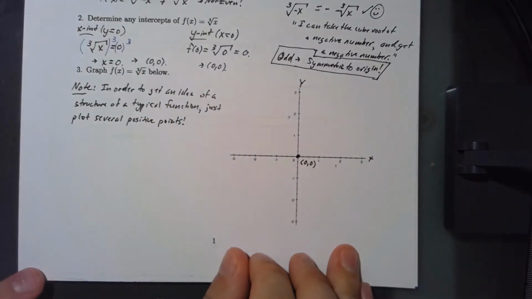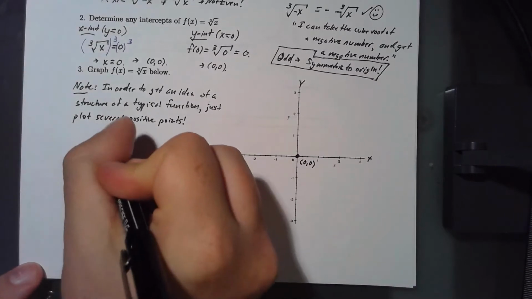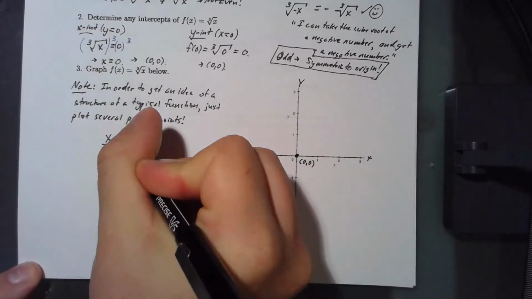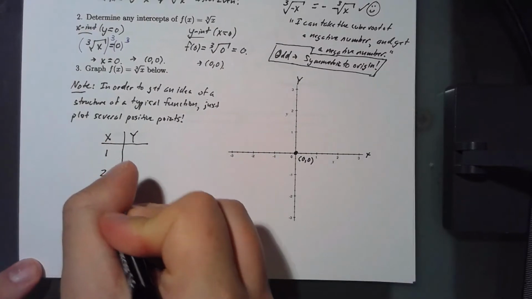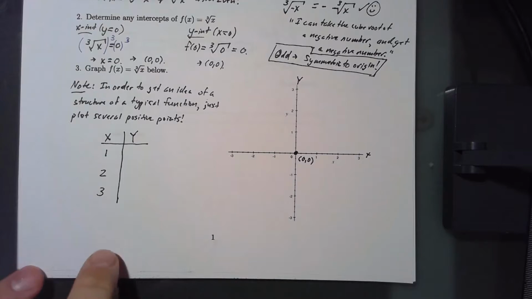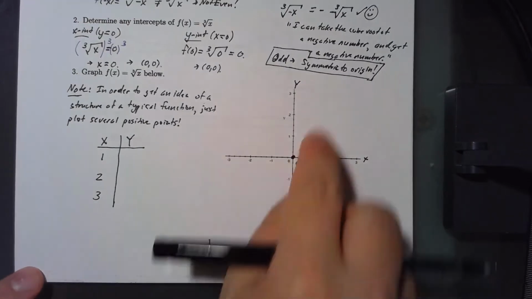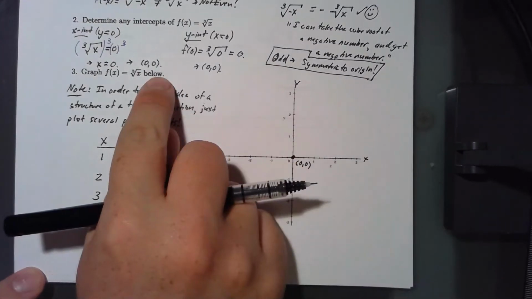So, you know, go back to the basics. Let's plot some positive x values. So 1, 2, 3. And then once I get this idea, I could use the symmetry and the origin idea,